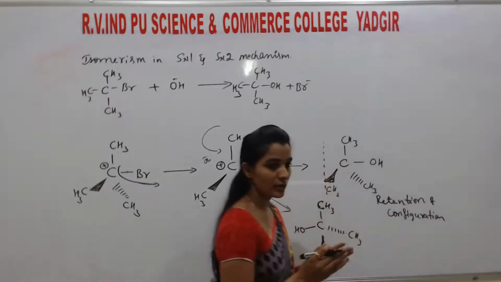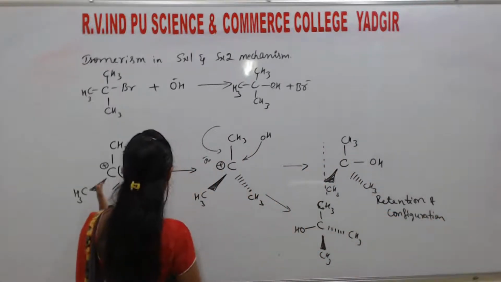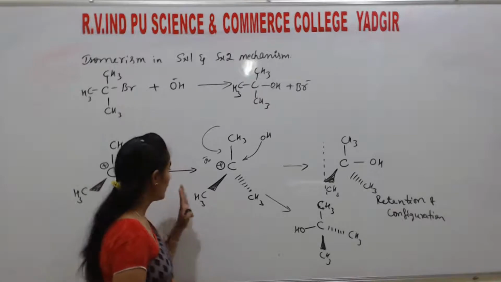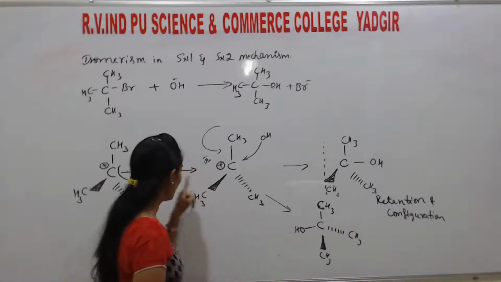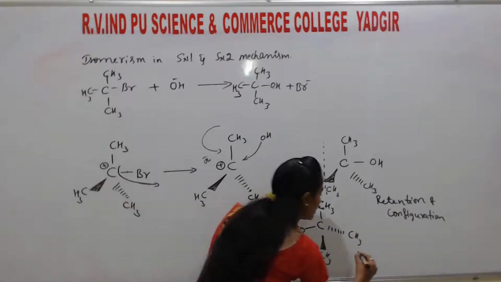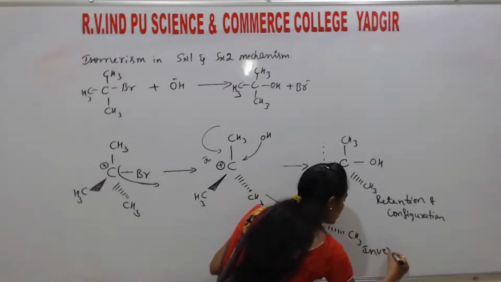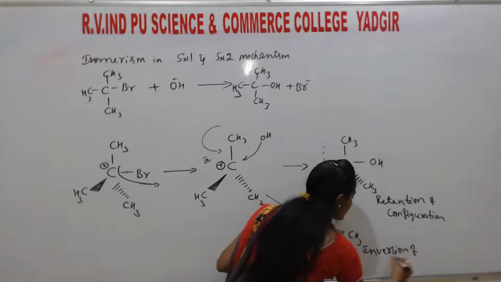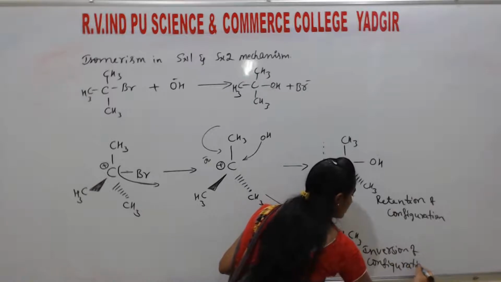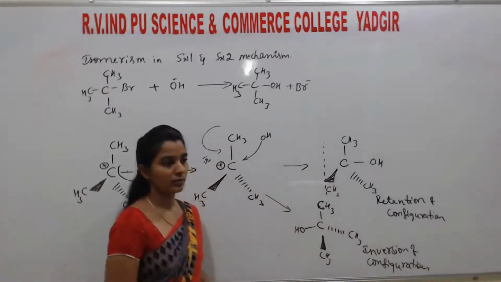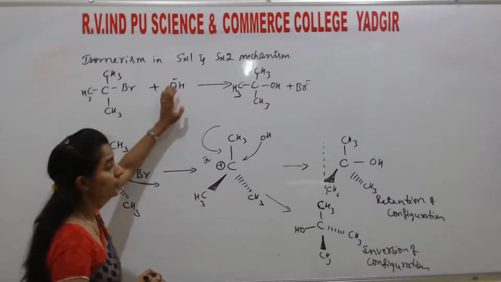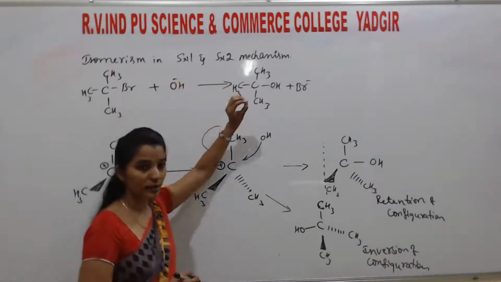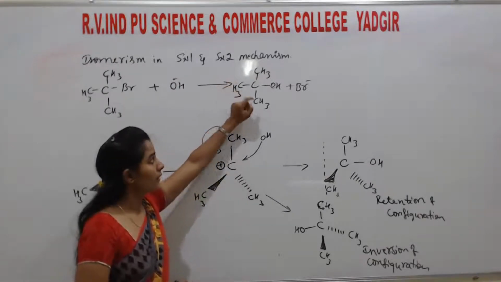Retention means the configuration stays as it is in the main group. Here, in the opposite direction of the Br, OH is attached, which means this is inversion of configuration. Correct? So when this alkyl halide undergoes a nucleophilic substitution reaction in presence of a strong nucleophile, then it forms